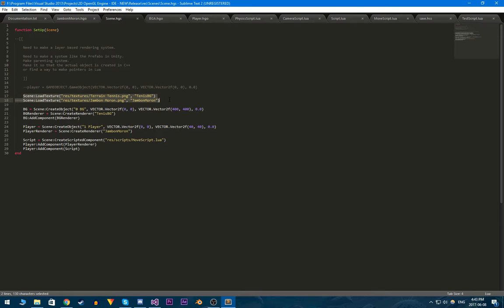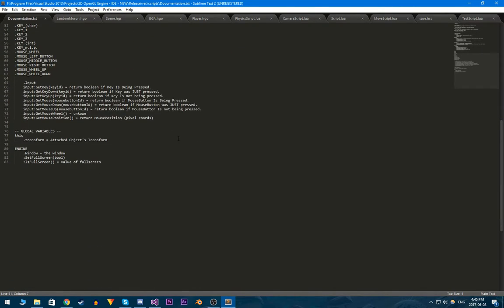So I load some textures. I put in the file path from the executable, and I name the texture so that with the renderers I can refer back to these texture names to get them. I put the 0 and a 1 here because they render in alphabetical order. To make the background under this, I make the background render first and then the player render second, which makes this like a basic layering system, because I didn't implement any yet, and I just did that real fast. The objects are stored in maps that contain the game object and a string, so that you can refer back to them as a string to get them back, which makes finding objects a lot simpler. This is simple. I made basic documentation for myself and anybody else who would use this,